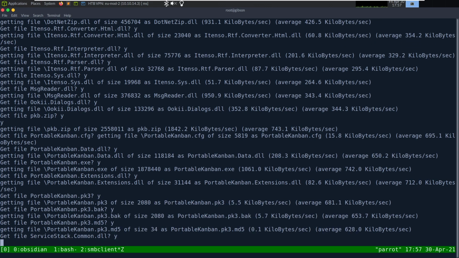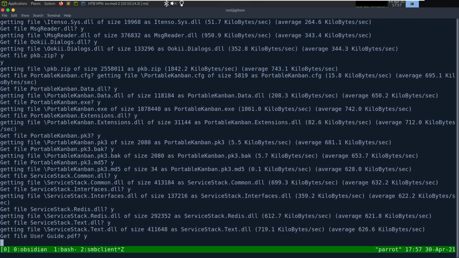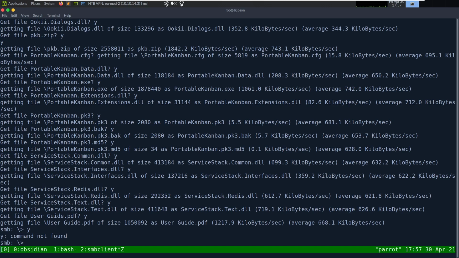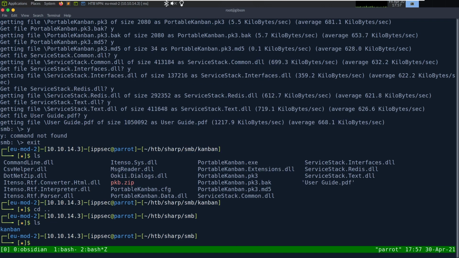Or we could do another tool to do this. I'm trying to think of what I used to use. I think SMBmap would also download files, but now we have a bunch of files. So if we go back to the previous directory of KanBan, and one thing we probably should do